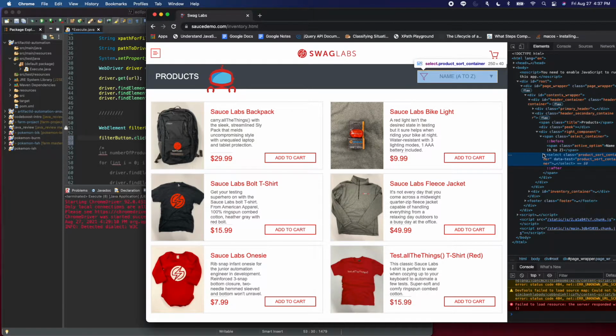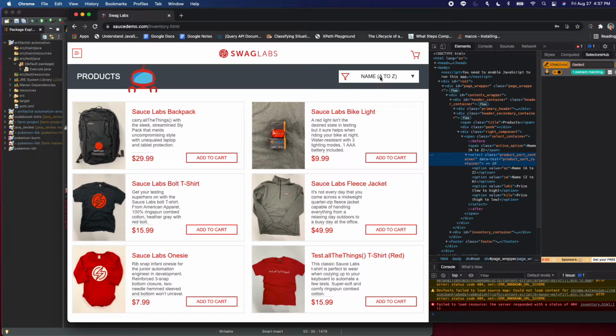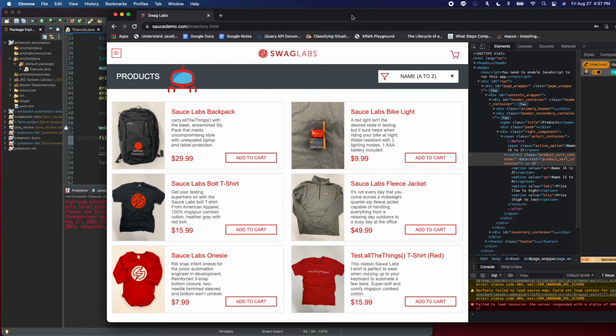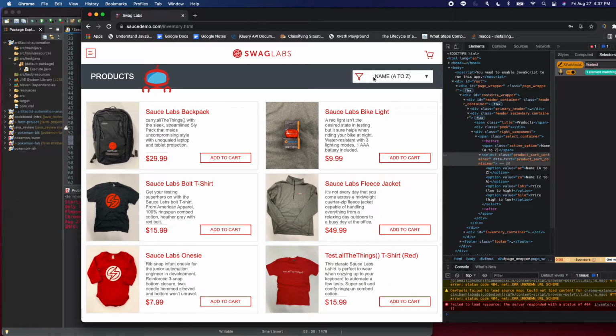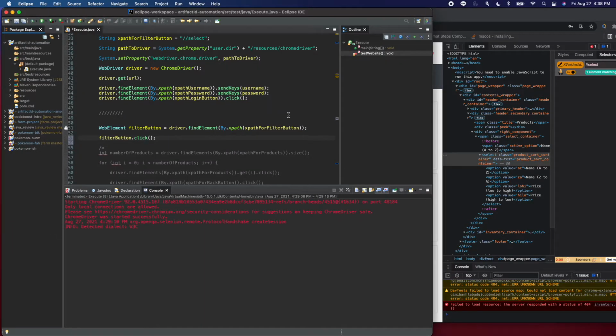So if I inspect it, based on how specific this dropdown is, you'd have to go down this, and I'm pretty sure you could run through that route where you're going down this list, and depending on the option, so you see here name A to Z refers to this one, and Z to A refers to this one, etc., etc. You could do it that way, but if there's a more efficient workaround, there's a good chance that the Selenium developers found a better way to program it, so it's better for us to use. So what I mean by that is